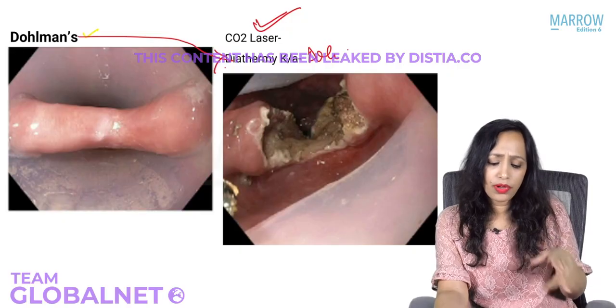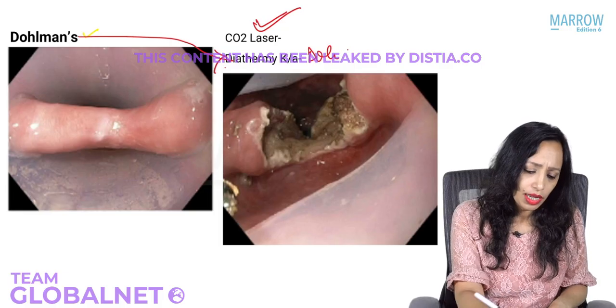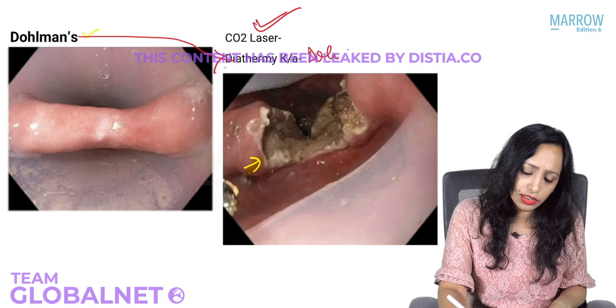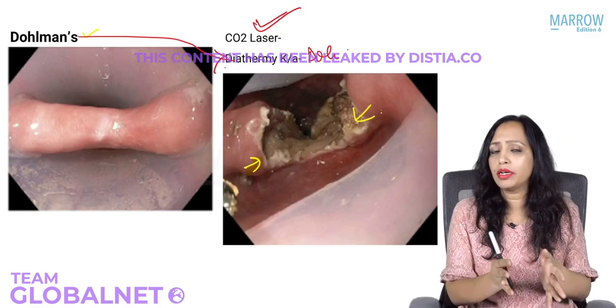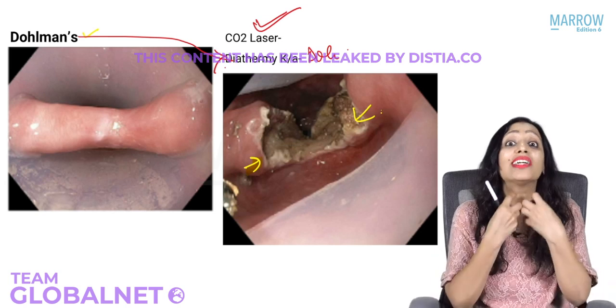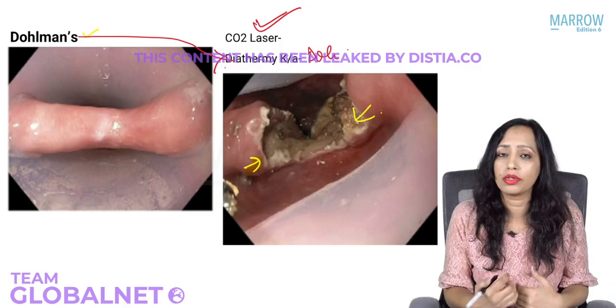And if we are going to cut it with a knife, can you imagine in this patient, just see here, these are the two edges. This is one edge and this is the other edge. Here we have burnt it, so this is cut and coagulated at the same time. You don't need to stitch anything, and anyway it is in the esophagus down. How are you going to stitch there? Yes, this is endoscopic surgery.